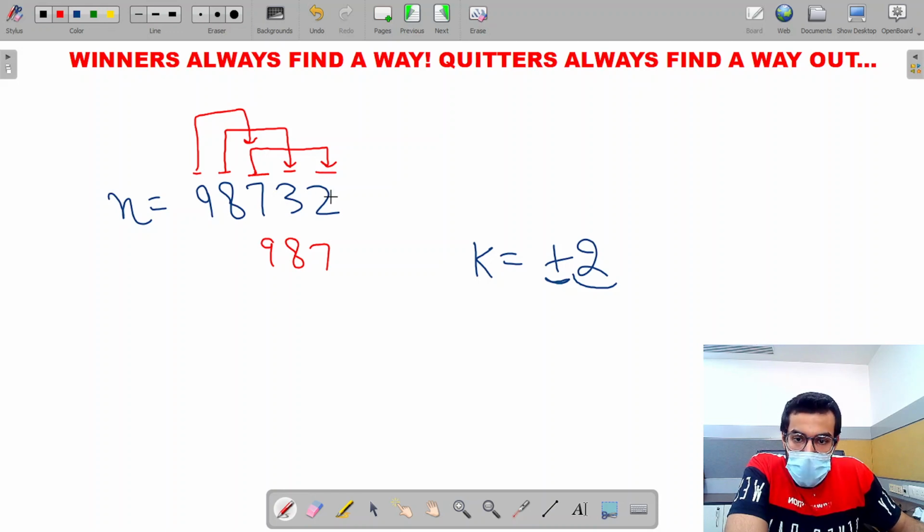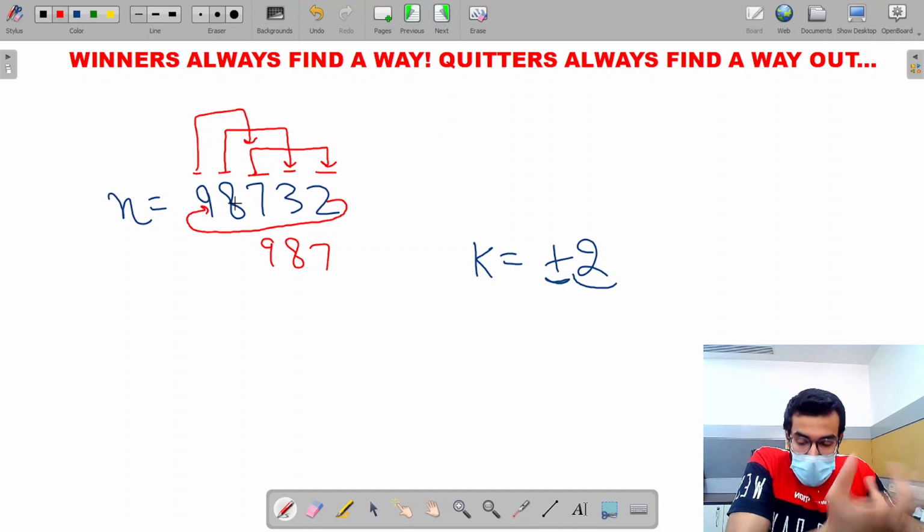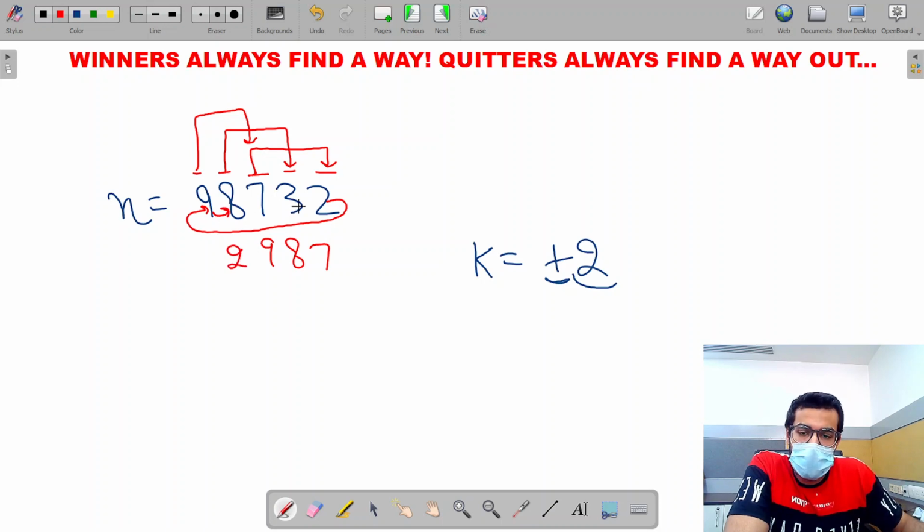Then for 2, since there is nothing on the right side to which 2 can go, what 2 does is, this is the first rotation, the first shift you can say. This is the second time that the 2 has shifted. The same is the thing with 3 as well. This is the first time it has shifted, and then this will be the second time. So finally 3 comes over here.